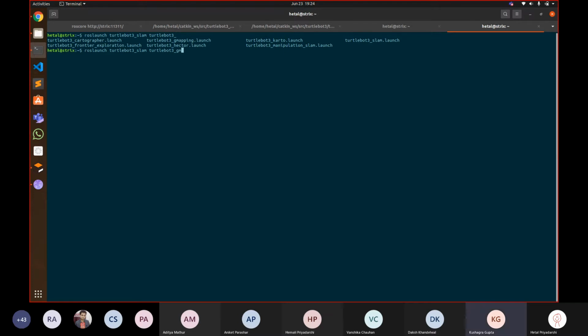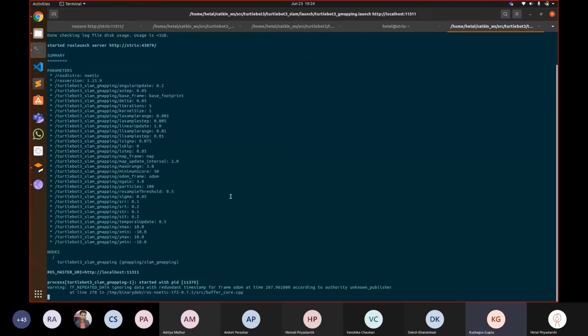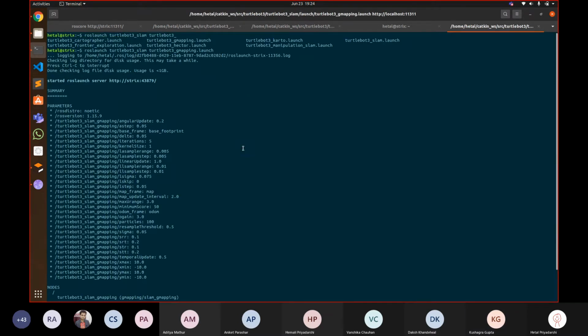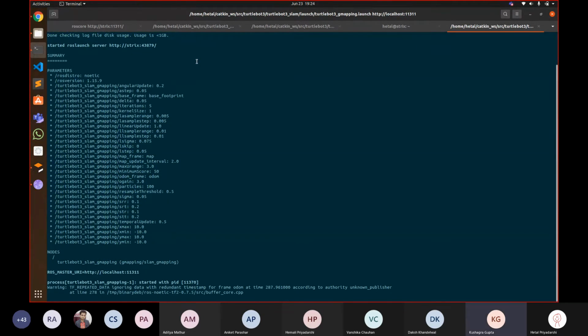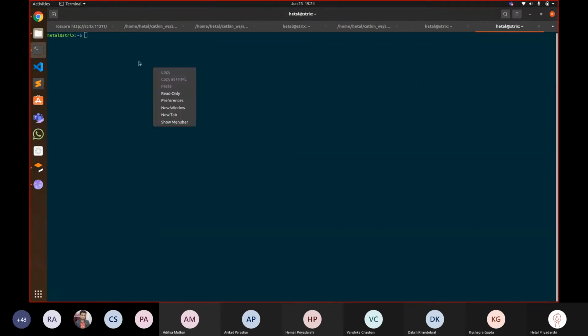Slam G mapping. Are we supposed to also specify the RViz? Open that too. Yeah, I guess we have to specify the file name in it.